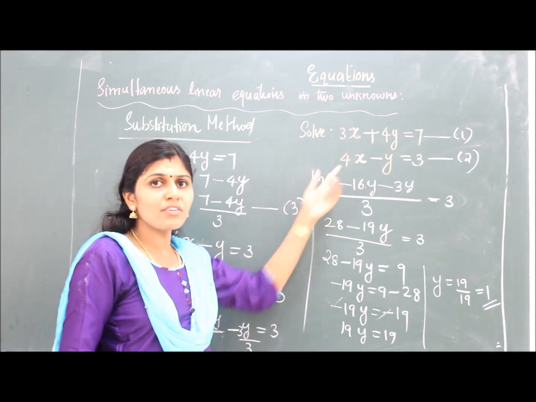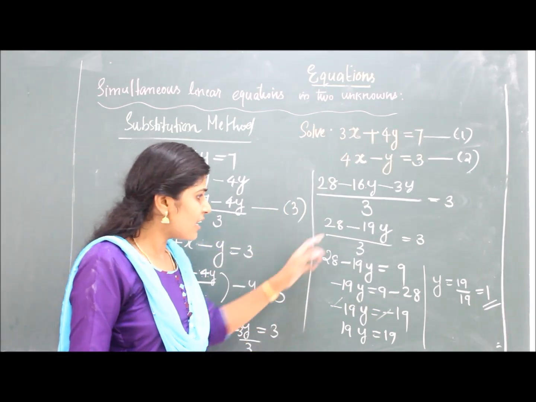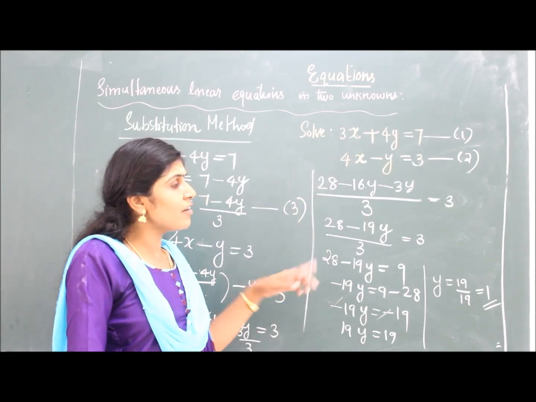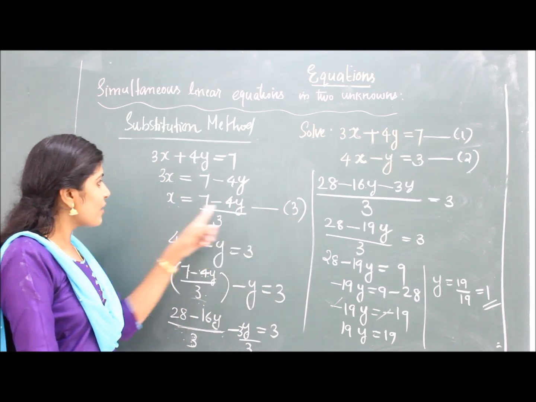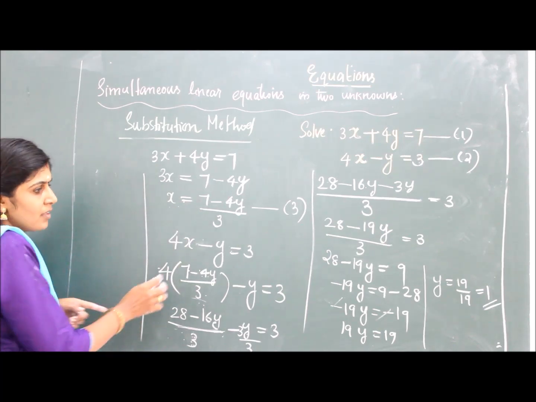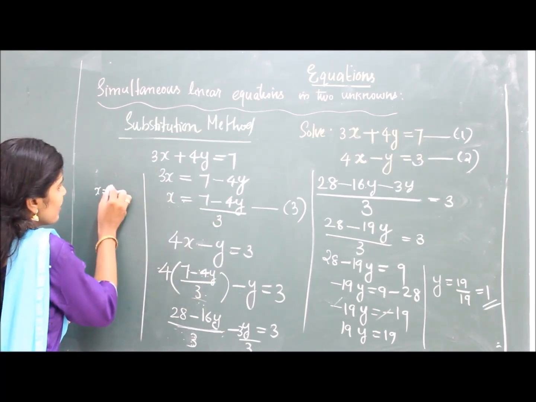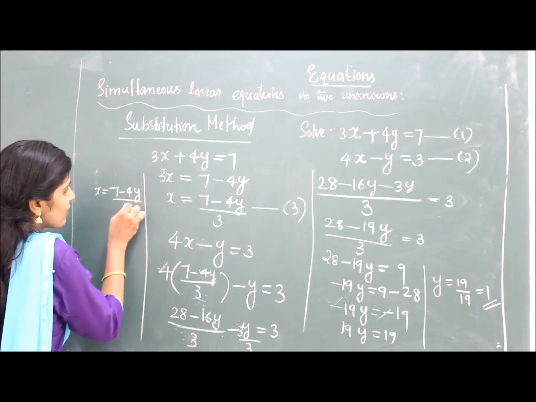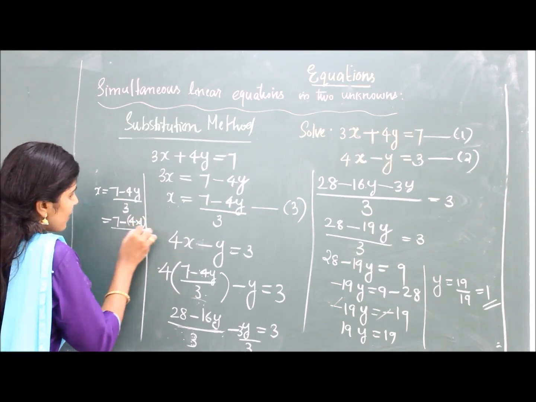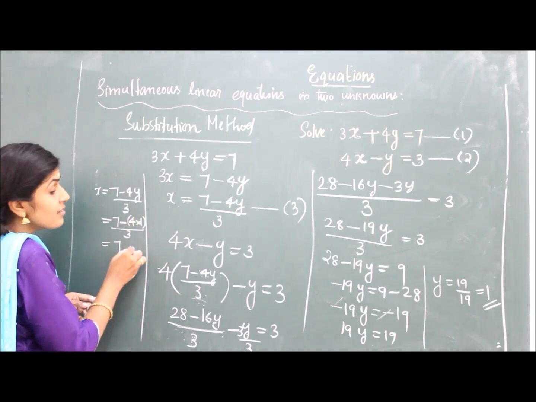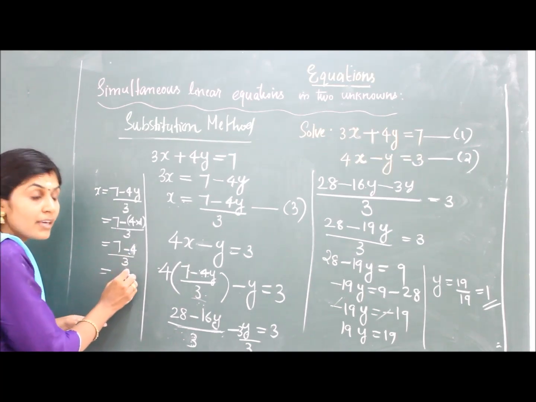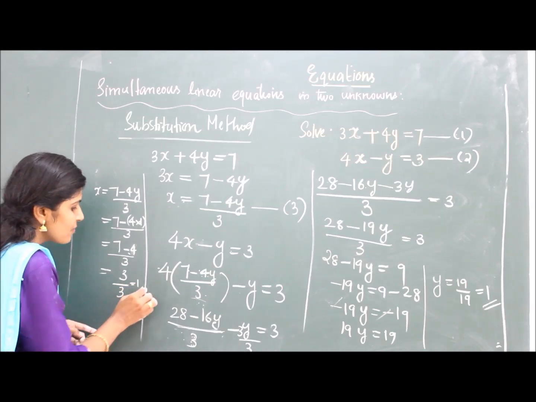Now in order to get x you can follow the previous method. When we get one variable, how will you get the other variable? You can just substitute in one of the equations. But here we have another privilege because in the third equation we already have what x is. So you can directly substitute here in the third equation. In order to get x, you can write x as 7 minus 4y by 3. This is our third equation. Now substitute here for y. So 7 minus 4 into 1 by 3. Sorry, 7 minus 4 by 3, and 7 minus 4 will give 3 divided by 3, which is 1.